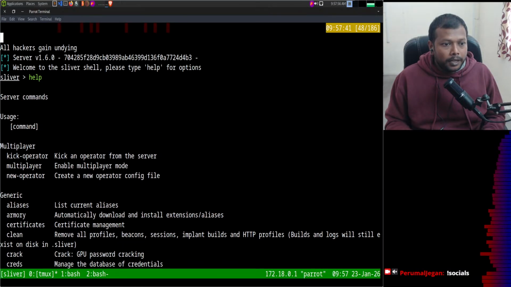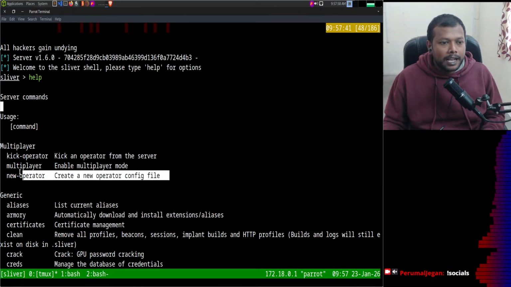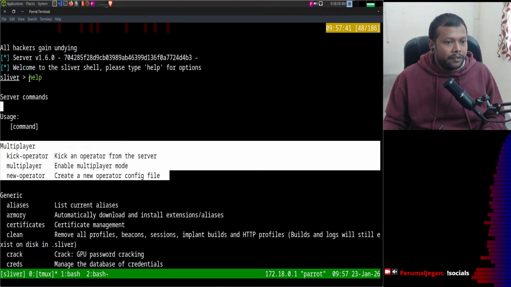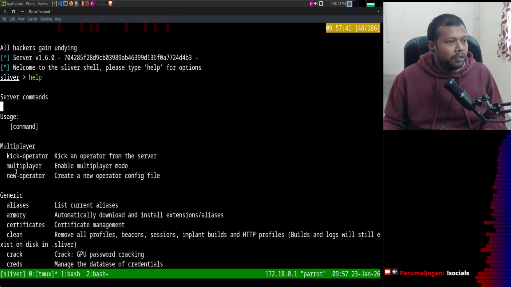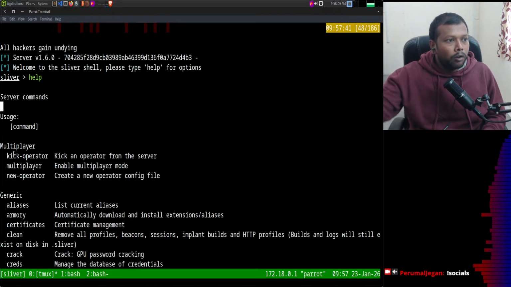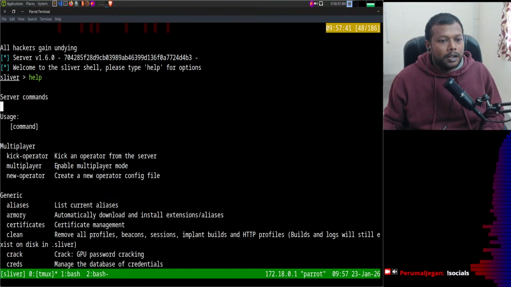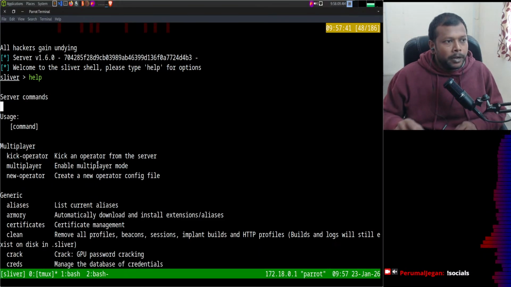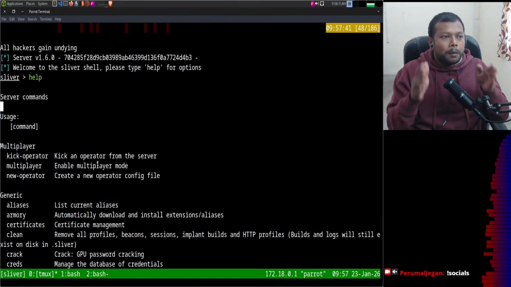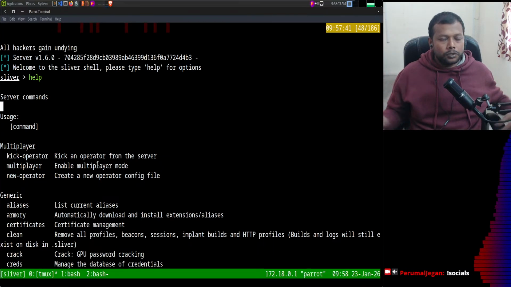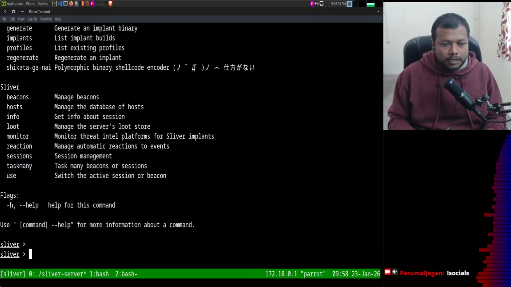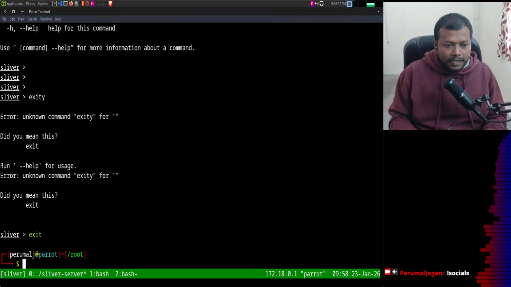generic, multiplayer. This multiplayer part is actually specific to the Sliver server, because this is where we define a new operator, kick off the operator, and enable the multiplayer mode. That means a Sliver C2 server can be accessed by multiple C2 operators. So that's the thing, and I'm just exiting it,